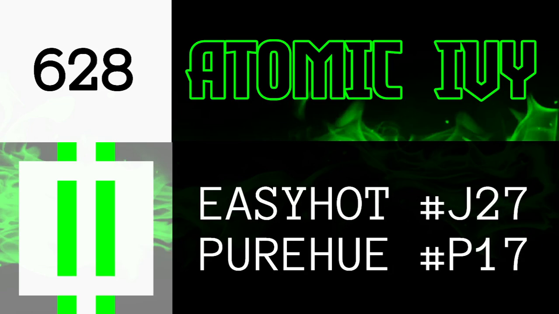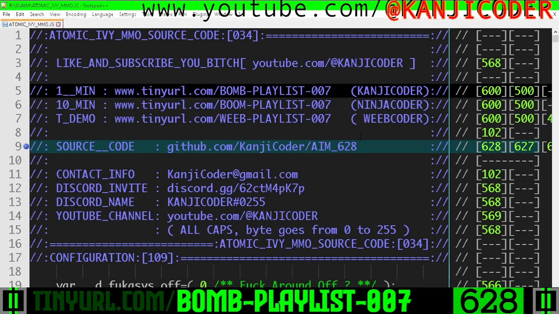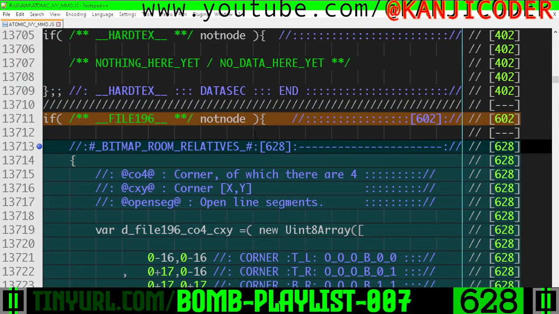Video 628. We need to collect different points around the borders of the level that are highlighted in red here, so that we can draw cages around every single level and draw tunnels from level to level when we load it into the engine. So for that, we have some lookup tables in the file 196 top level data section